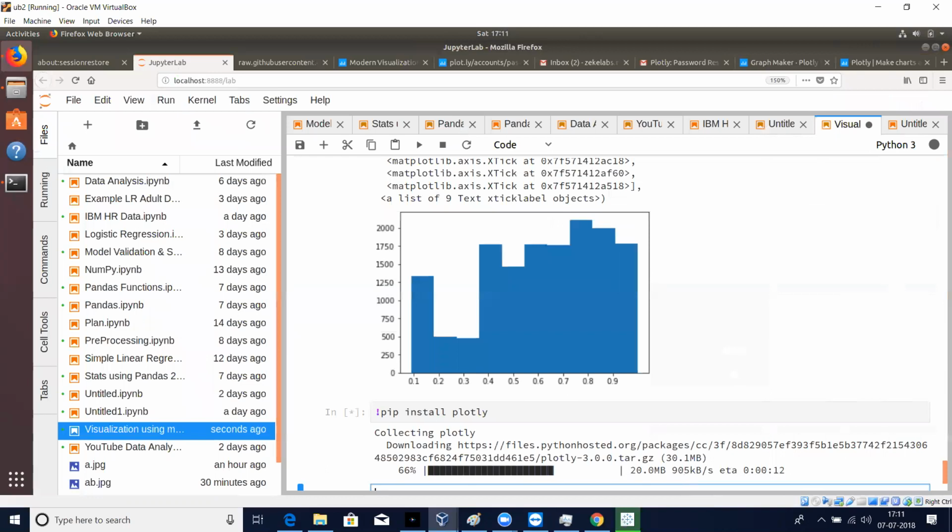You always write here a colon, pip install Plotly. So here it will actually do the installation. All the installation, you can directly do it from the screen. You don't have to close the Jupyter Notebook window and do it in the back end. Once this is done,